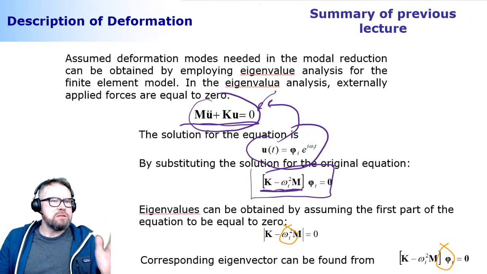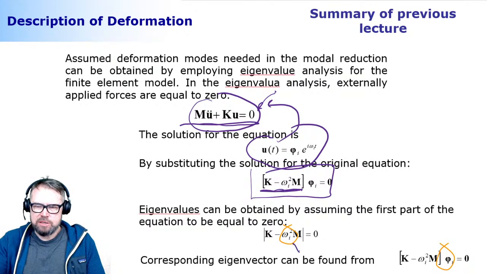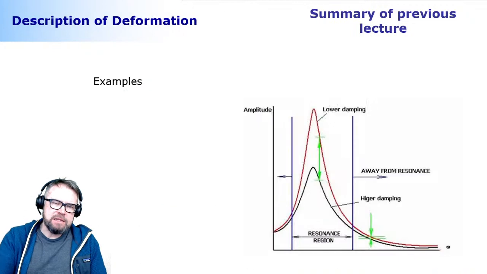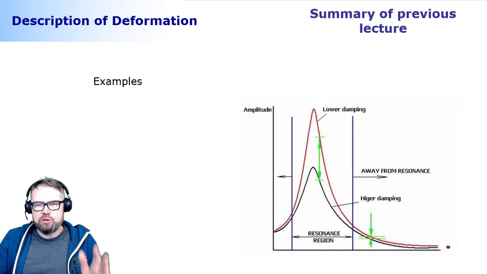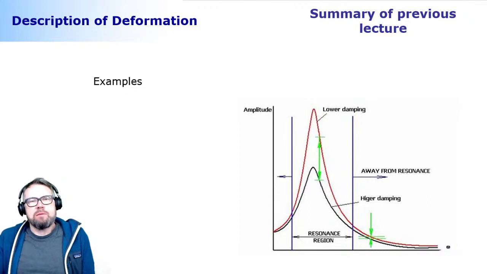And once you know the resonance frequency, then you can combine it with the associated deformation mode. So first, this part here. Once you're done with that, you can substitute the eigenvalues one at a time into this equation, and you can solve the corresponding deformation mode. Okay, and again, these eigenfrequencies, I'm sure you know what those are. Those are the kind of frequencies that if you're loading your